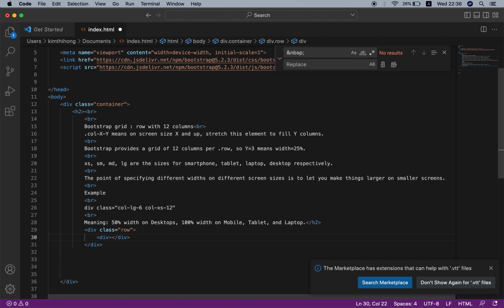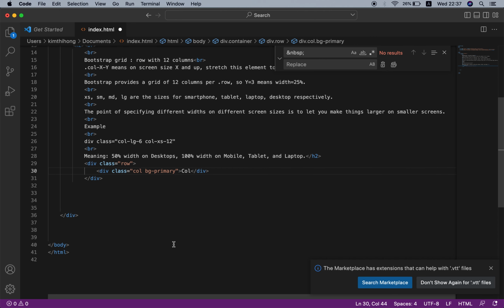Use div with class col for column. Okay, cool. And we should use a background primary. Okay, so this row has one column.